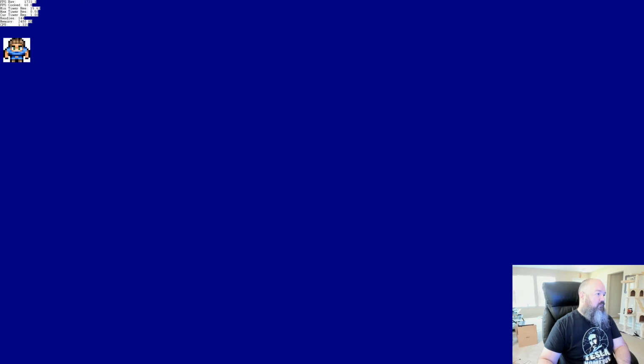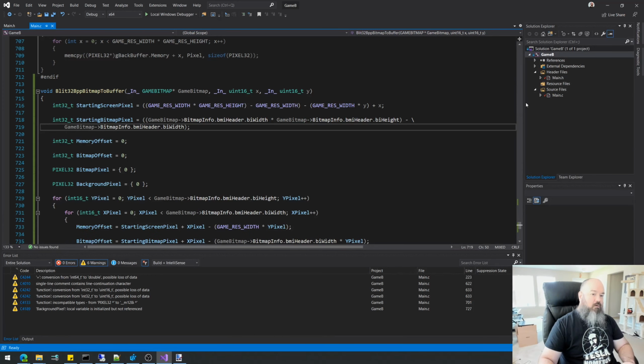There it is. Perfect. I just had one too many widths, a little too much width in there. So I was starting at the wrong offset. But now it's perfect. So we just blitted a 32-bit bitmap from memory onto the screen. Looks great. All we need to do now is load in the rest of our,